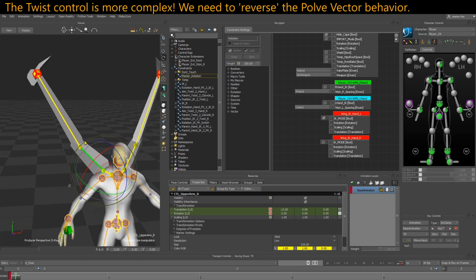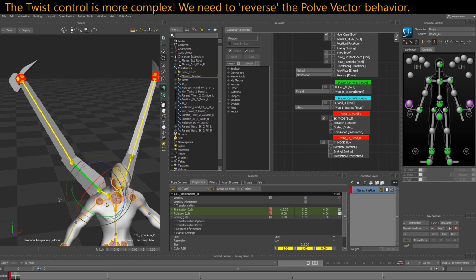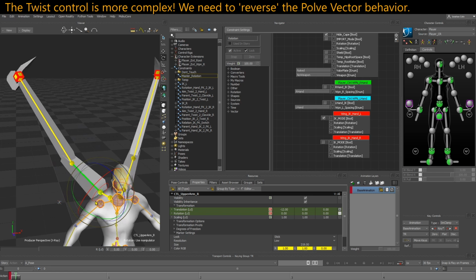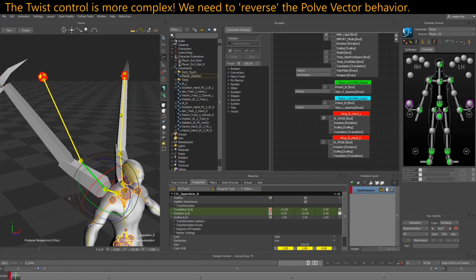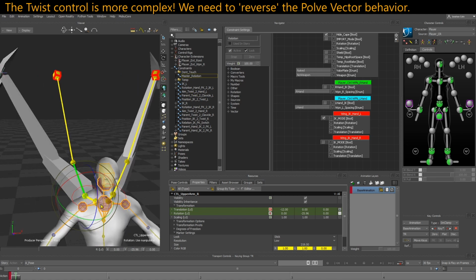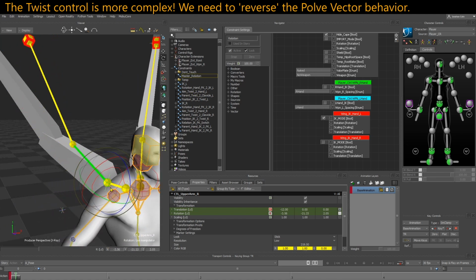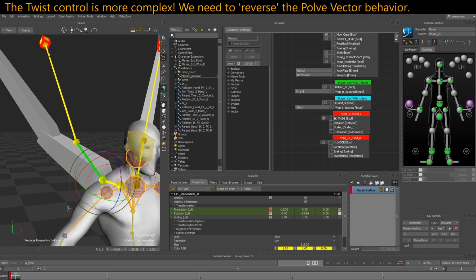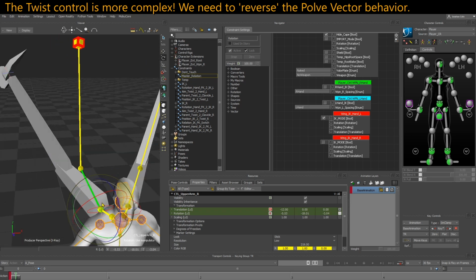Now, a little more complex. We need something to constrain the twist controller to the FK. Because here in FK mode, when I rotate like that, I rotate the entire limb, and it's pretty good because since we left our aim constraint active, meaning you can see here the twist control keeps looking at the hand, we have a good base here. But if I rotate like this,